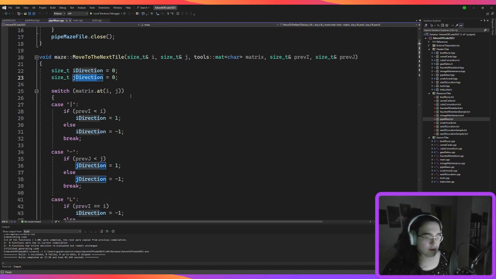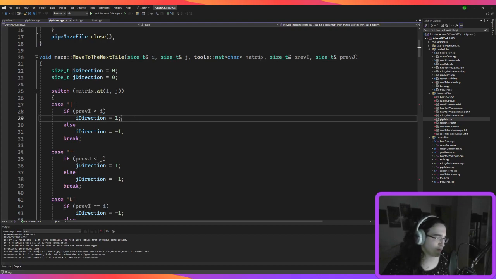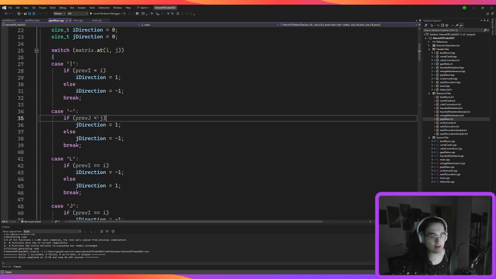And I'm just doing a bunch of checks here. So if that's a pipe and my previous I is less than my current I, then I'm going down. It's inverted in matrices. If not, then I know I came from here, so I go up. The minus is the same just for J, so if I came from left, then I'm adding one. If I came from right, then I'm